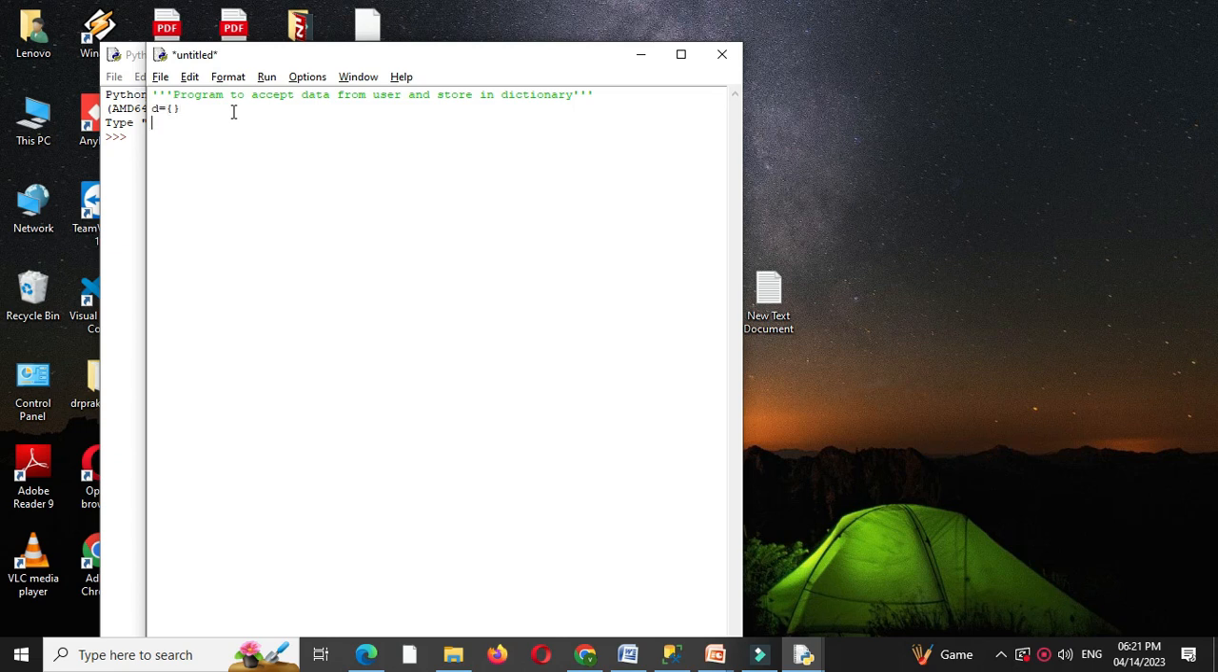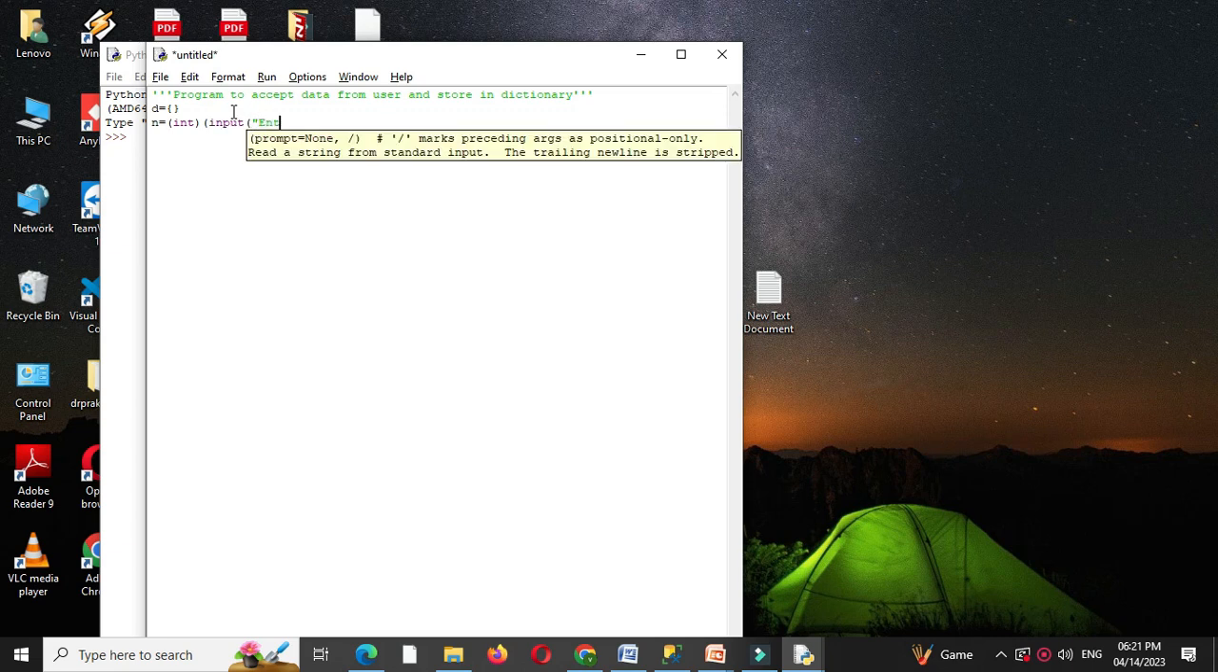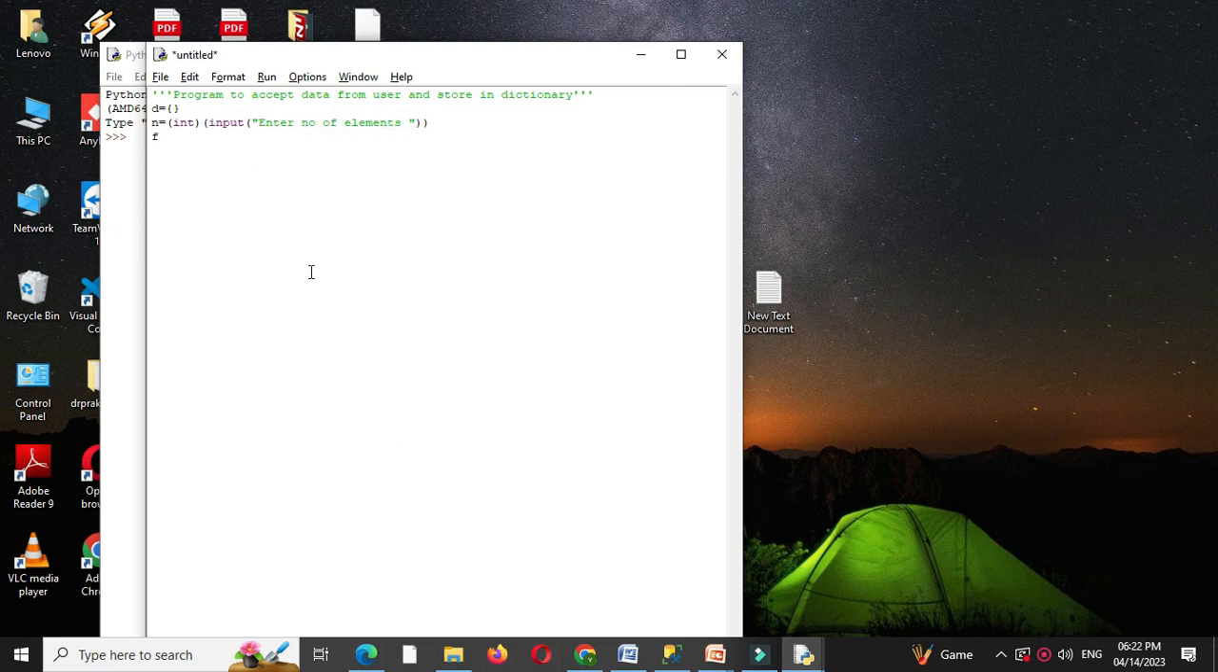Then we will accept number of elements that we are going to store in the dictionary. So n equal to int input, enter number of elements. Then we will use for loop. So for